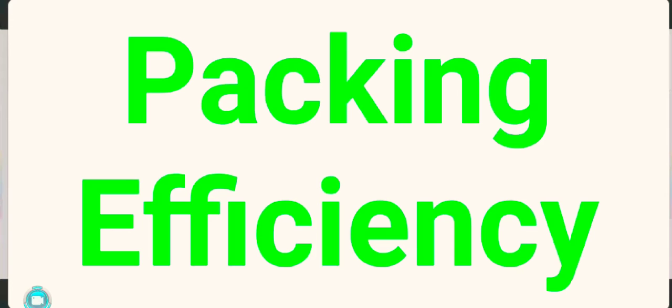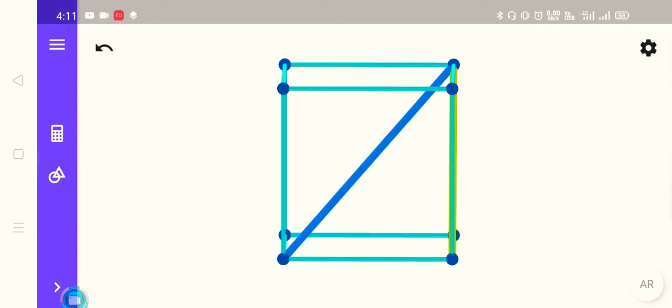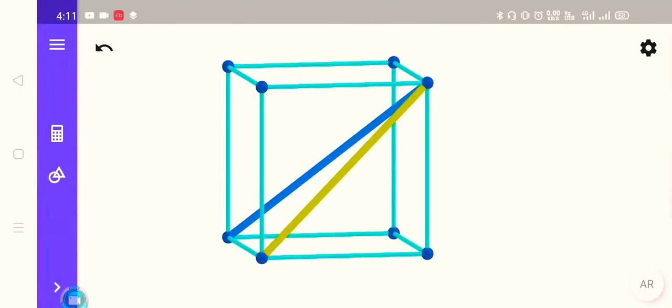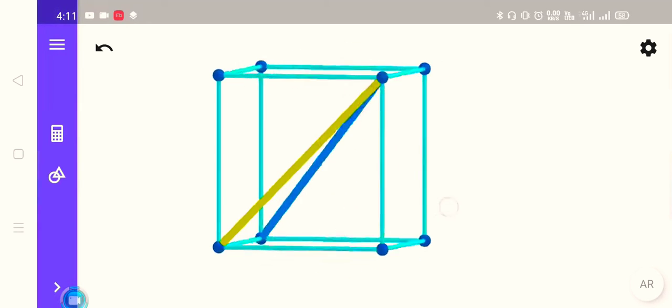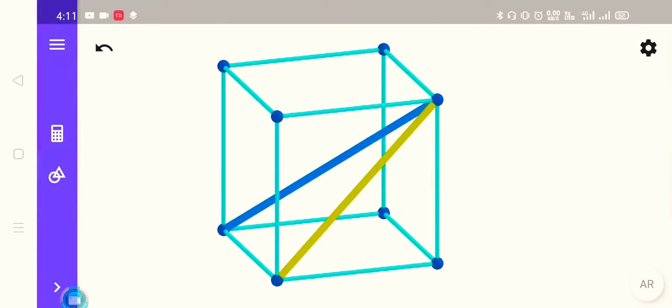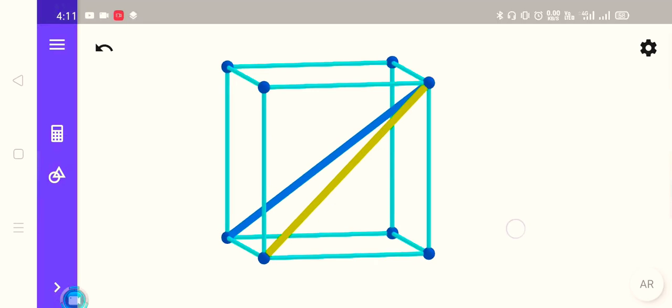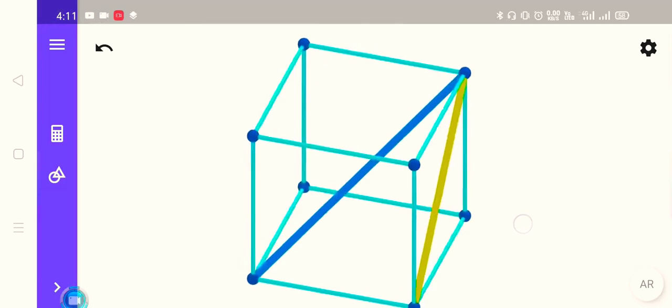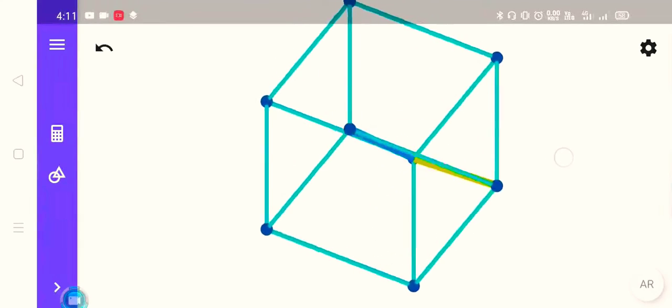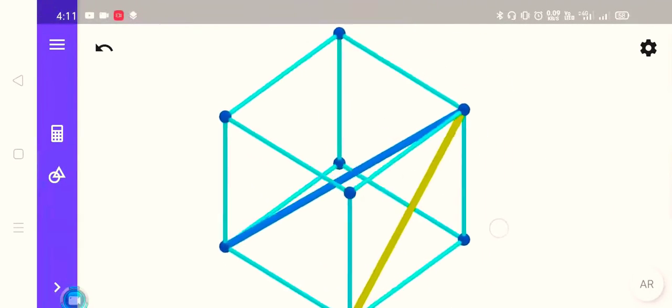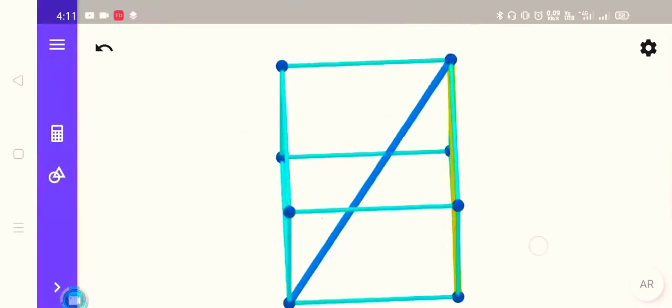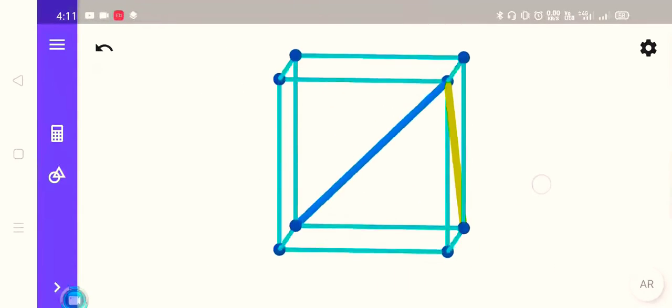Before that, let us discuss diagonal lines. So this is our cube, and these are two different types of diagonal lines which you can find in a cubic system. One yellow line is passing through the plane of the cube, so it is known as the face diagonal line because it passes through the face of the given cube. And this blue line, which is passing through the whole cube, is called the body diagonal line. So we have two different types of lines, face diagonal and body diagonal.